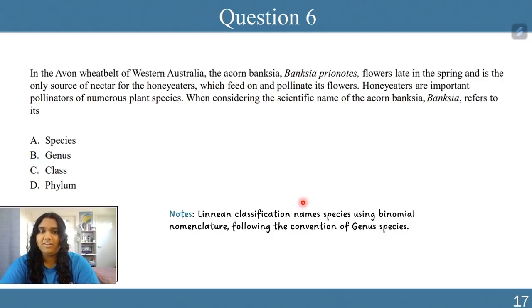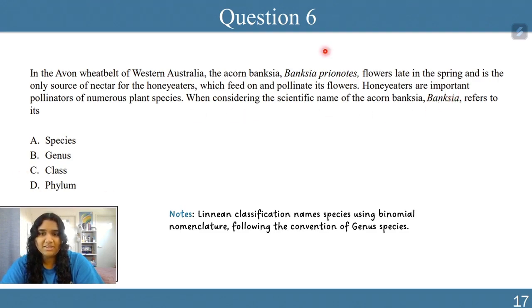Right. So, any sort of scientific name that we're going to get is based on the Linnaean classification system. So, if you are following along with your notes, this is Unit 3, the second dot point under topic 1. Linnaean classification names all of its species using something called binomial nomenclature, and it follows the convention of genus followed by species, where genus is capitalized and species is not capitalized. All of the other taxa of Linnaean classification are not important when naming the different species. So immediately I know that it's not going to be class or phylum.